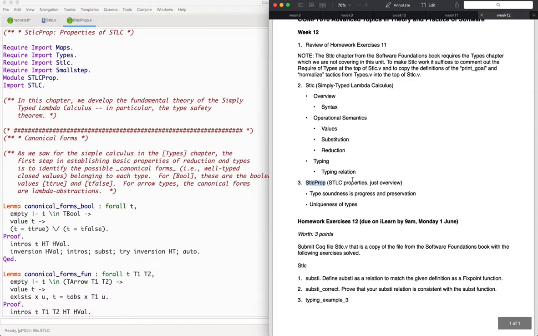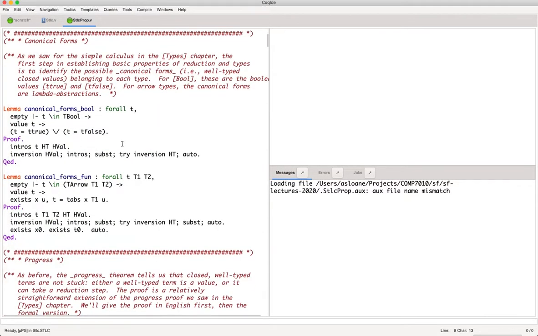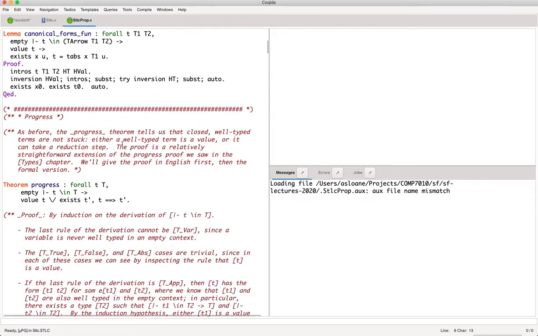So these are related to the strong progress and things like that that we looked for in the small step chapter, but extended to the typed situation. And again, we're not really considering types in this course, so this is just for interest and to give you a bit of exposure to some of these issues with typing. Okay, so I'm just going to scan and look at a couple of these things